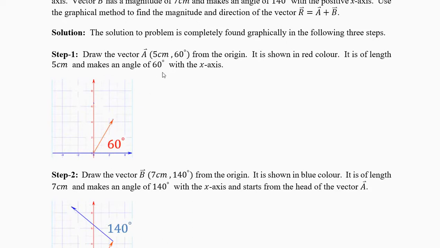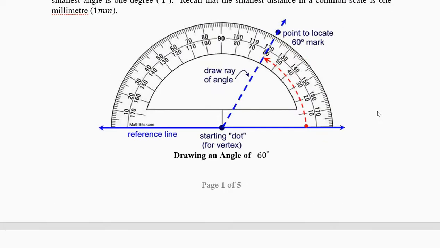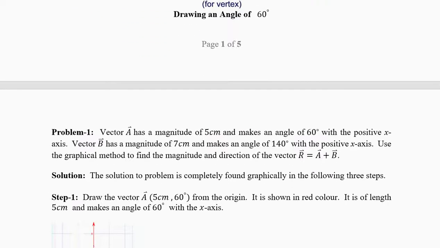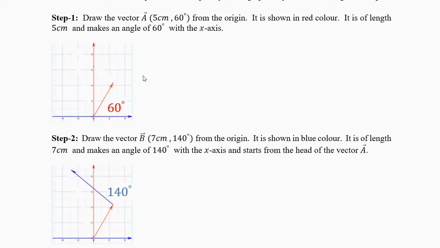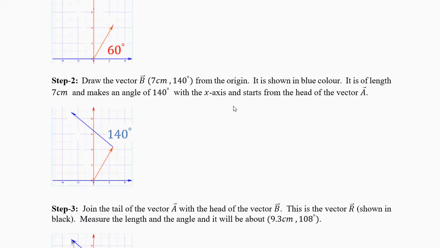Join these two with a length of 5 centimeters. If the protractor is small, your 5 centimeter will be outside the protractor. If the protractor is big, your line will be inside the protractor. The point will be on the protractor. Okay, the point will be here. You have no choice. But if the line is small, it is inside. If the line is big, it is outside. Part of it is outside. Draw the 60 degrees. Now you have to draw the second vector.